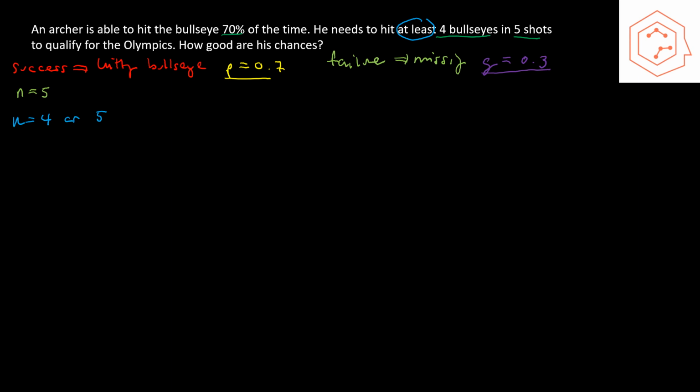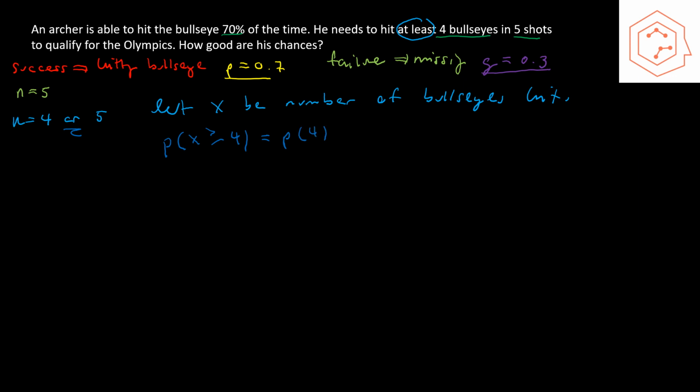Another way to word this, or to write it, would be p of x. First we need to define x, so in this case, let x be the number of bullseyes hit. So another way to word this would be the probability of x being greater than or equal to 4, which is the same thing as saying it is at least 4. And that's equal, since this is an OR case, the probability of getting 4 bullseyes plus the probability of getting 5 bullseyes,